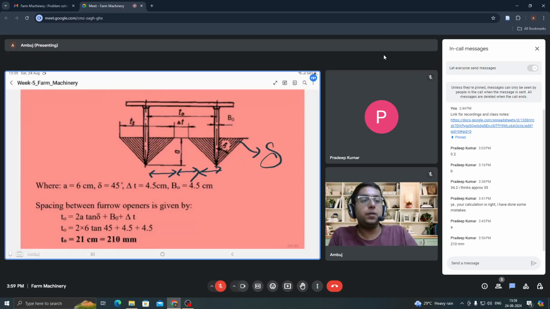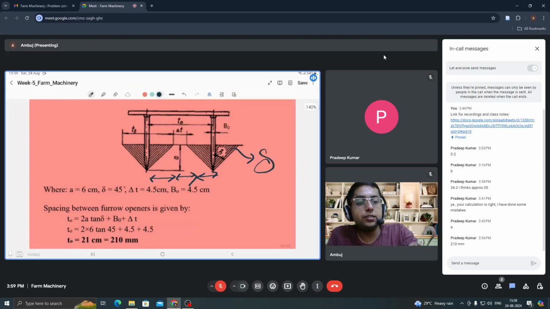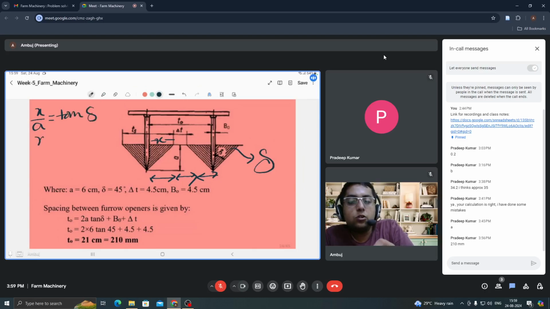If I take this particular distance as x, from this point to this point, then I'll write here x upon A will be equal to tan delta. So x would be equal to A tan delta. So T naught would be equal to,